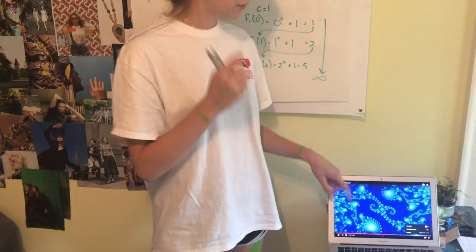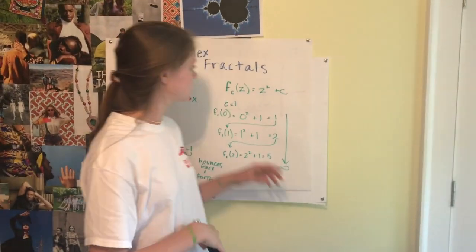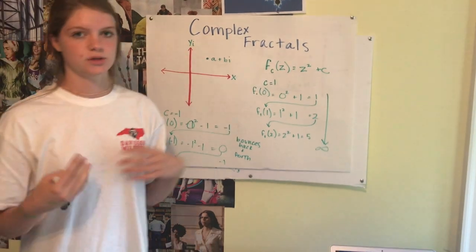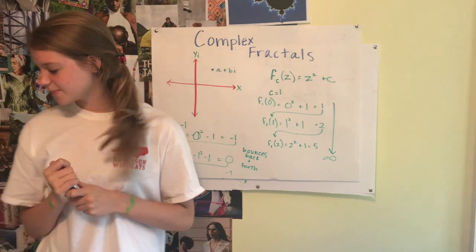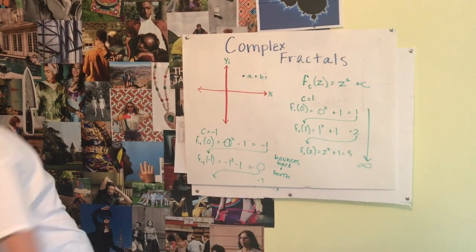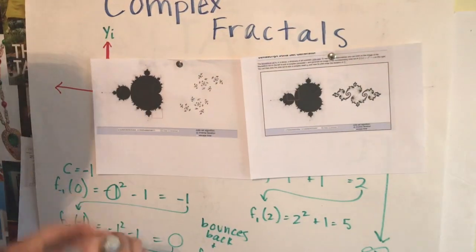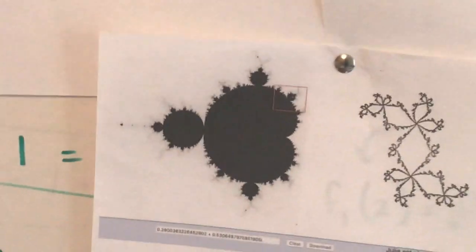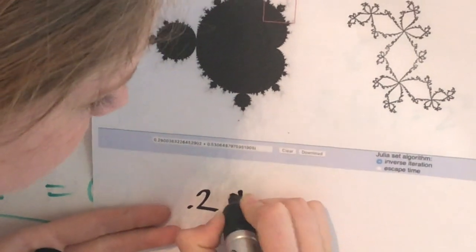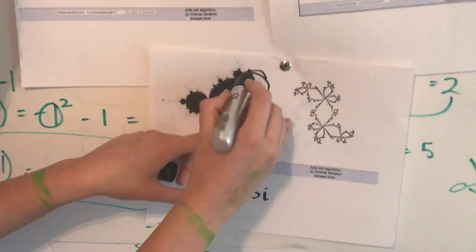The different color shadings represent the varying amounts of time it takes for the c to approach infinity or to grow. And those are complex fractals. Here are some other examples of varying c values, imaginary numbers. For example, the value of 0.2 plus 0.5i, which is found right here on the Mandelbrot set,